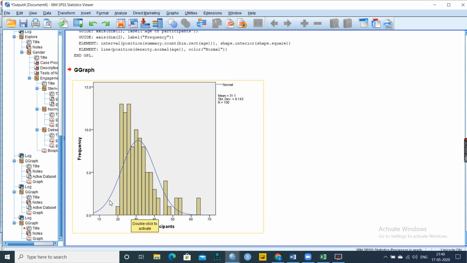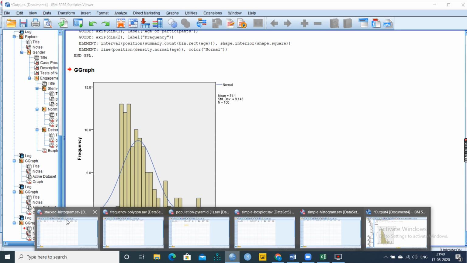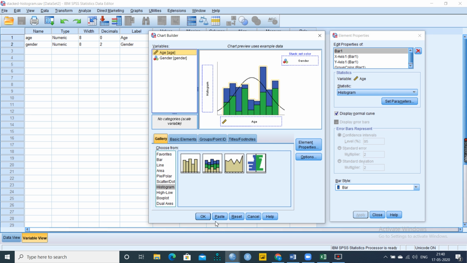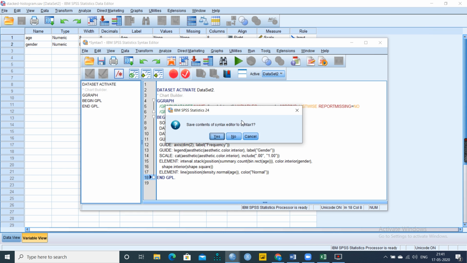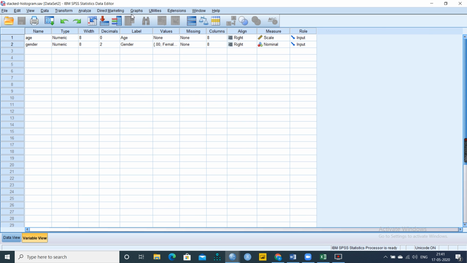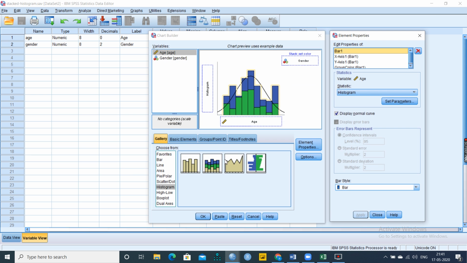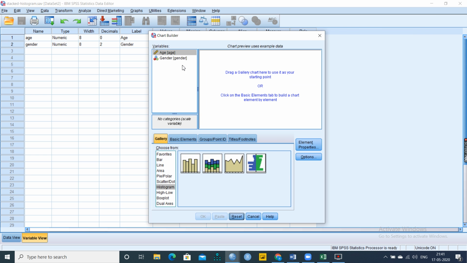Now we can go to the stacked histogram. Here we'll have one continuous variable, that is the dependent variable, and the other may be nominal or ordinal. Go to Graph, click Chart Builder, click OK, then give Reset.